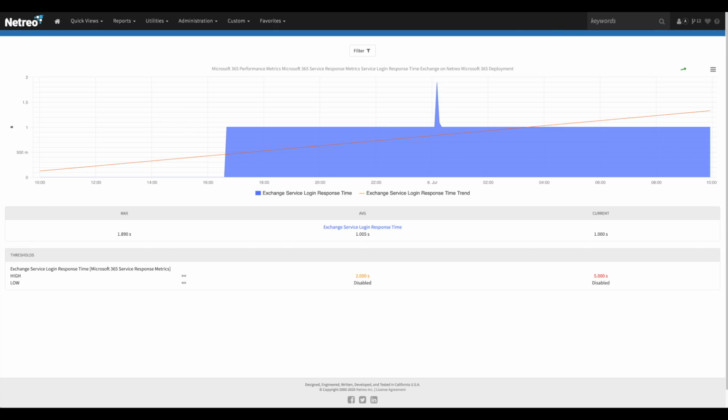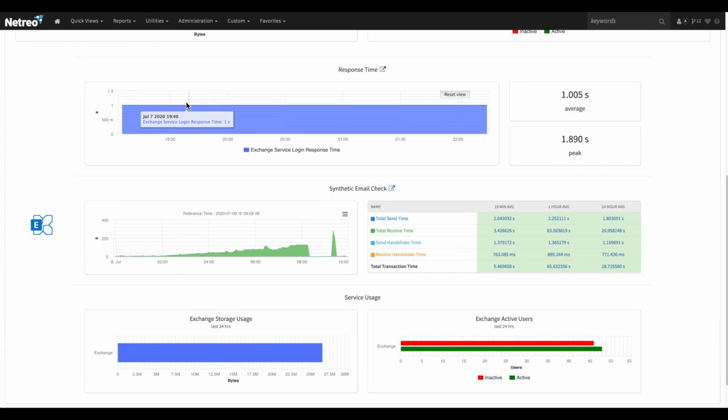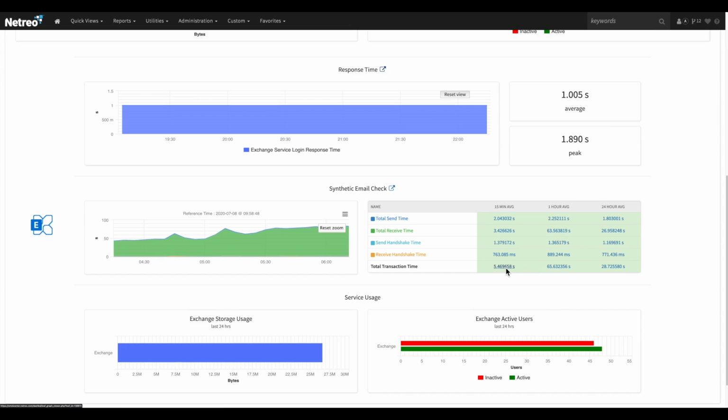Additional information you'll find in the expanded details section of a Microsoft service are synthetic transactions. In the case of Exchange, Netreo can be configured to send an email to a mailbox and then log into that mailbox to retrieve the message. The entire transaction is timed, and the metrics are recorded here. Thresholds can be configured on these values to alert you if there are mail flow or performance problems associated with